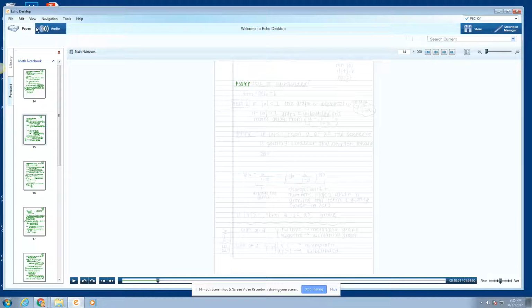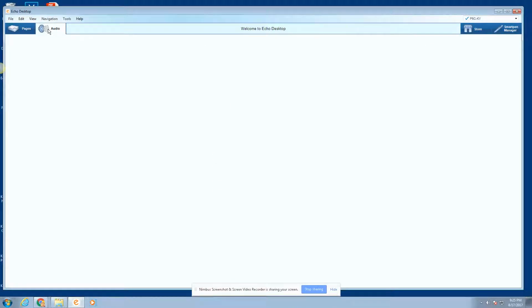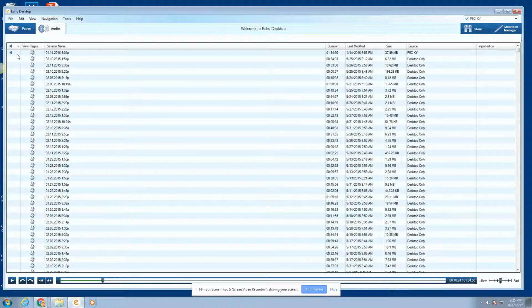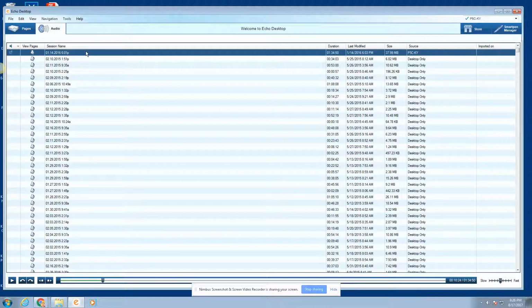Then what you're going to do is go to the audio tab, and you're going to find the notes that you're looking for. The notes that I just played have this little speaker icon. Sometimes you might decide you want to search by the speaker icon because that's the last note I played. You can view your pages from here. You can see your session name. You can see the class time. This was 1 hour and 34 minutes. You can see the last date it was modified, the size of the file, and where it is on the pen. What you're going to do is click it once, and that's going to highlight the notes that you want,